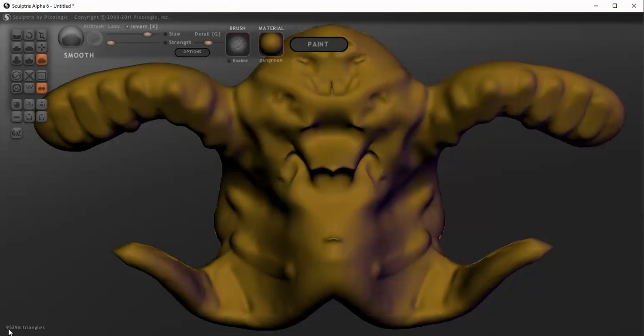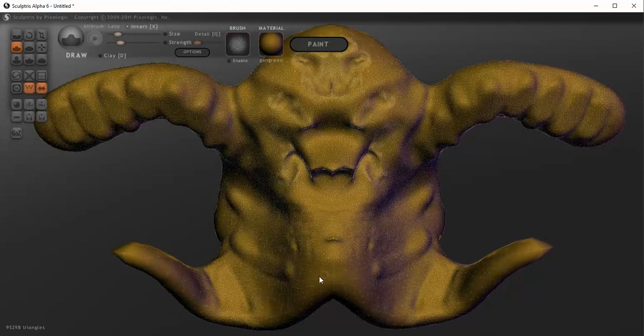Details are important. Okay, triangle count right here, the lower left, is important. Usually you can work with a couple 100,000 triangles reasonably. This program doesn't do too well with a million or more. It'll do 2 million triangles, but it works very slow at that. So you try to keep it down in the 200,000 or less range. The way to do that is make sure your detail is in the middle. If your detail's too low, it'll fight you. It takes a while for you to get what you're looking for because it's not giving you triangles. You can see right here,